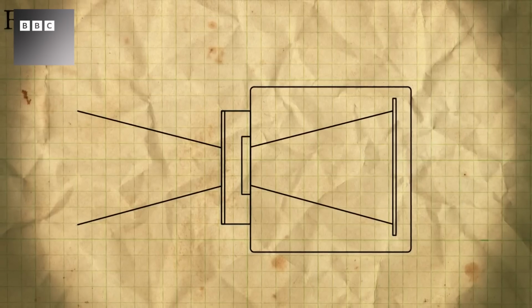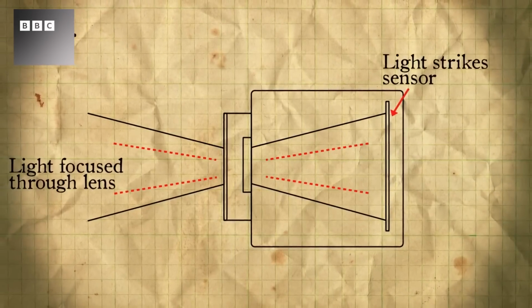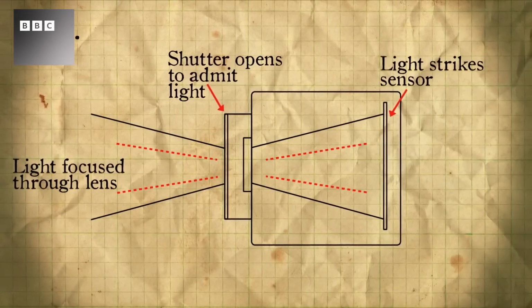In a film camera, light is sent through a lens and a shutter onto photosensitive film, which, with a subject shot in normal light, needs just hundredths of a second of exposure to capture the image. The front end of a digital camera works on exactly the same principle. Light is focused through the lens and controlled by a shutter and a variable aperture. But instead of film, there's a light-sensitive sensor chip that has to record all of the data in a very